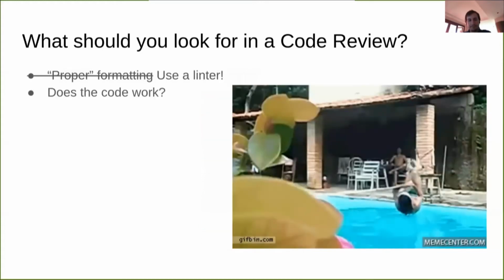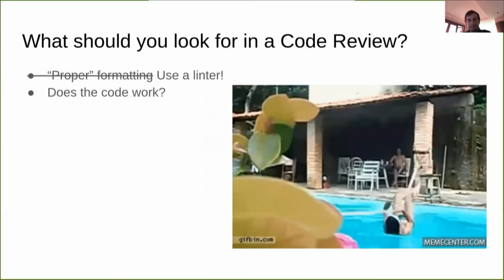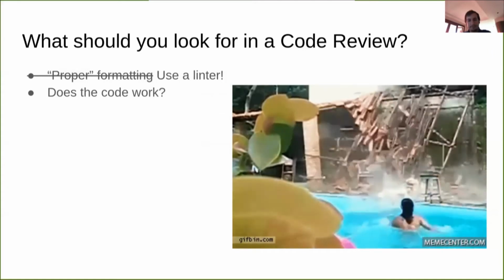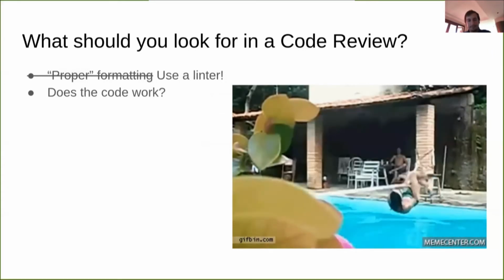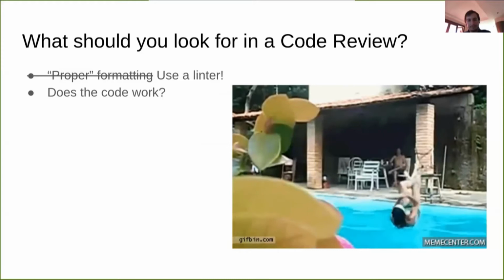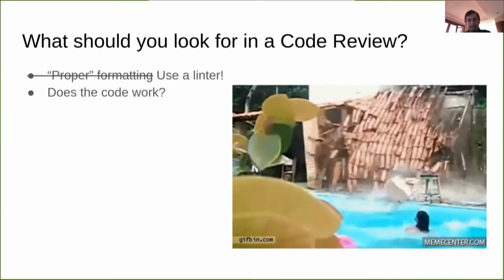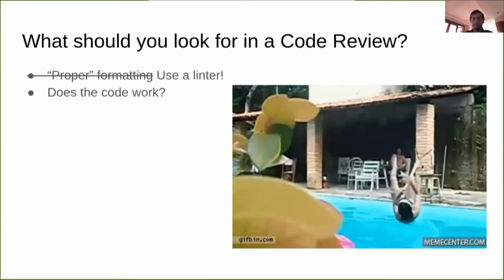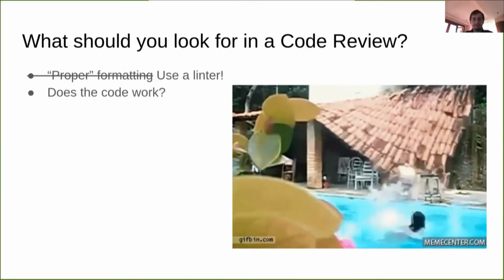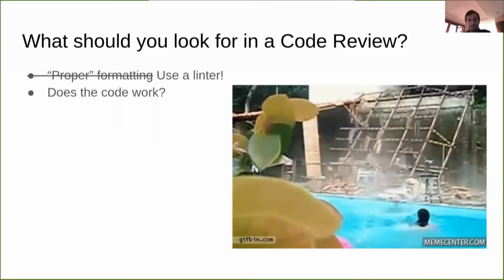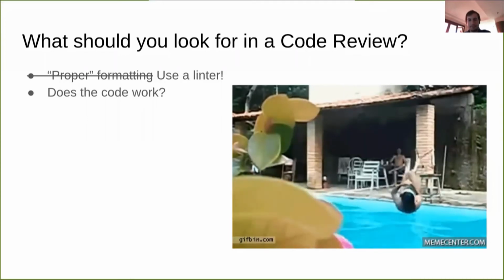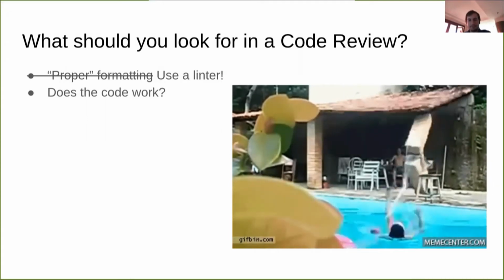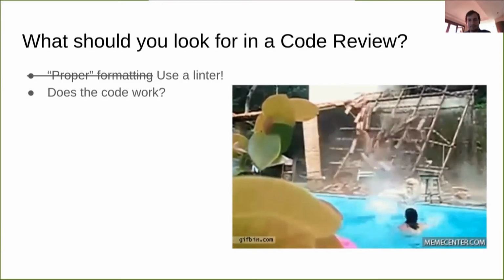In my opinion, no, you shouldn't check that in your code review, primarily because you should have a linter. And at least for our Go code, we do a good job of that. I think the front end code does the same. By now, I think you're using linting. I'm not 100% sure. Yeah, we are using it. Good. If anybody's not using a linter on your code base, please do that rather than fighting about it in pull request reviews, because that's just a waste of time. Just let a tool do that for you.